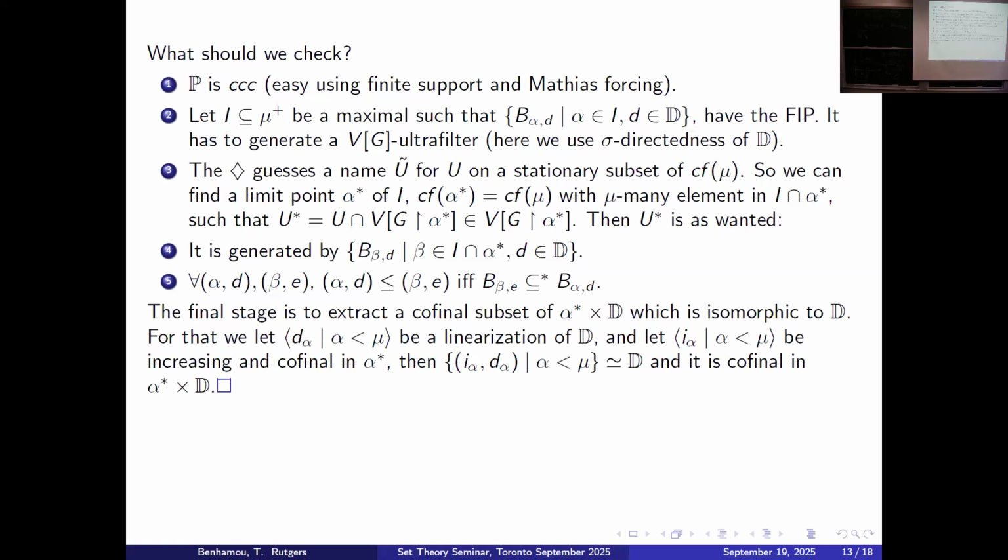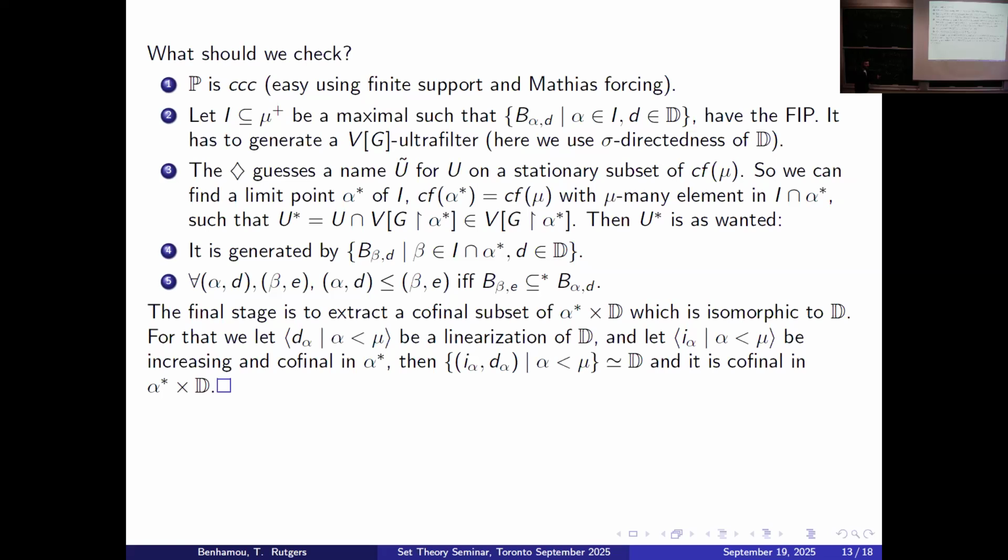I'm easy to confuse, but you're confused. Why is it important? Does Mathias partial domain make sense for an arbitrary filter, sigma-centered or whatever it is? Why do you care for it to be... So you ask whether we can just realize a base for a filter? Filter is okay. I mean, if you're saying properties of the poset. But in here, at the end, he wants it all. Sure, but